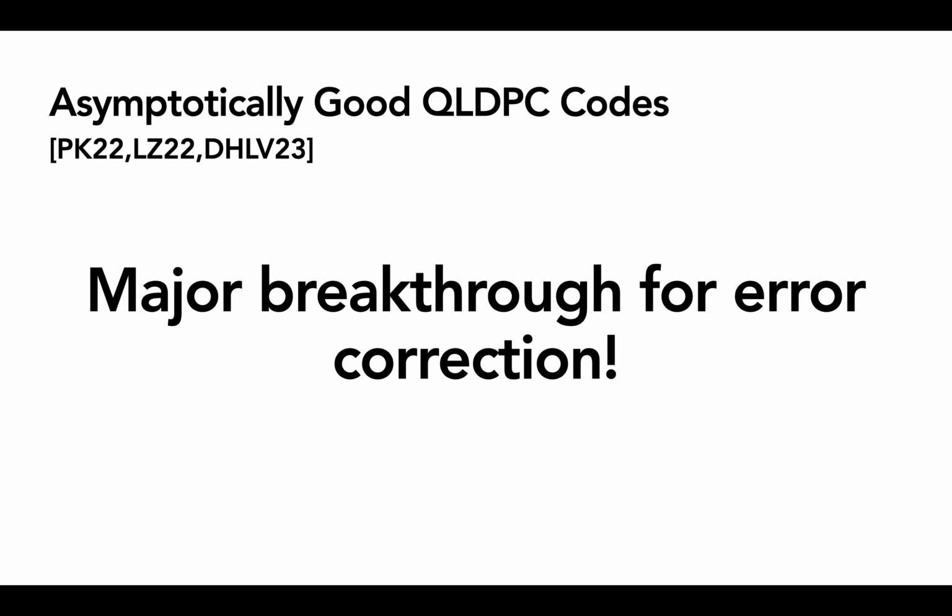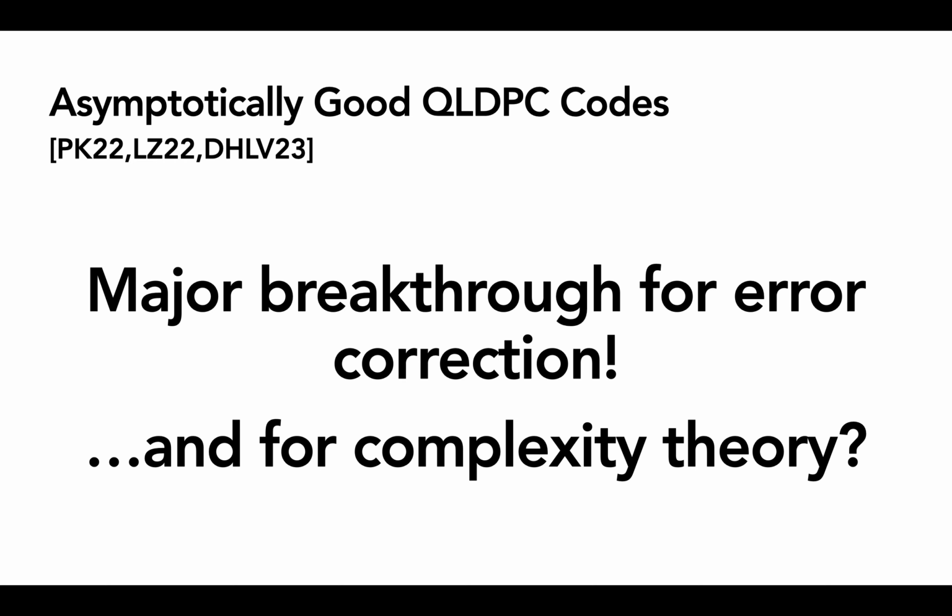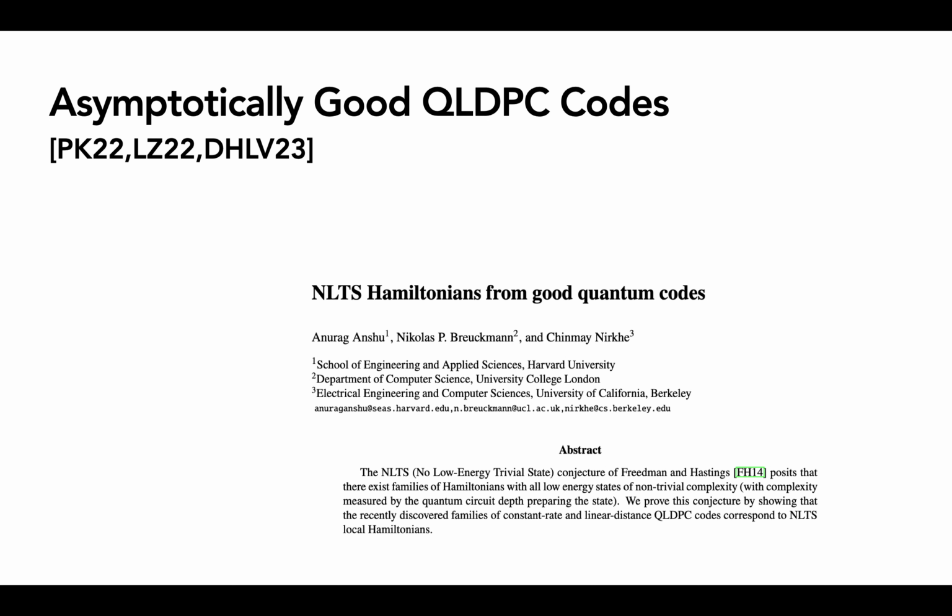Now, as I mentioned, the construction of these codes was a major breakthrough for error correction. Interestingly, it also led to breakthroughs for complexity theory, which was maybe a bit surprising, maybe not given the prevalence of error correction in classical complexity theory. But many of you probably can see where this is going. There was this breakthrough result on NLTS Hamiltonians from these asymptotically good quantum LDPC codes. Anshu, Breuckmann, and Nirkhe constructed NLTS Hamiltonians, which I'll define later, but their existence was a big open question in